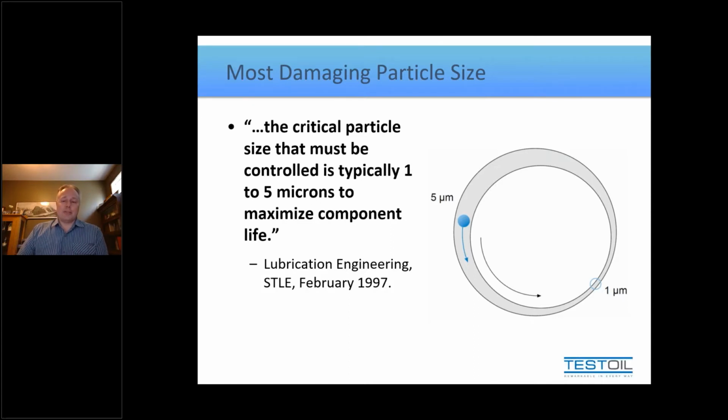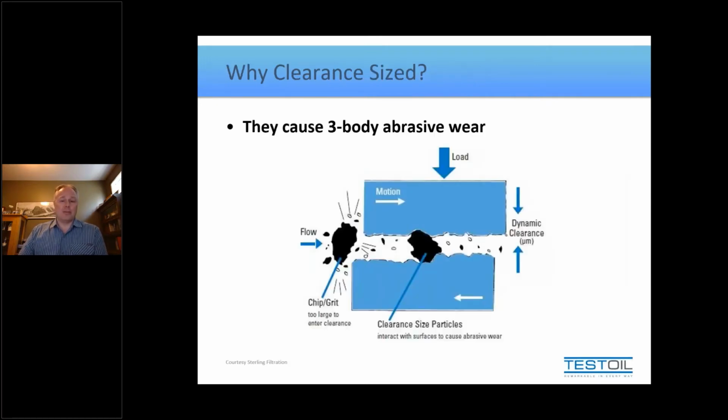Now, if you look at this cross-section of a shaft inside of a bearing, you can start to understand how they arrived at those numbers 1 and 5. Because ultimately, the answer to the question of what is the most damaging size particle is simply a clearance size particle. Any particle larger than clearance will not get in between the machine parts and will not cause any damage. Any particle substantially smaller than the clearances will go through the system without touching anything, certainly not in a way that's going to be contacting and wearing.